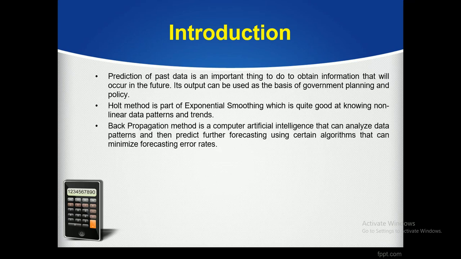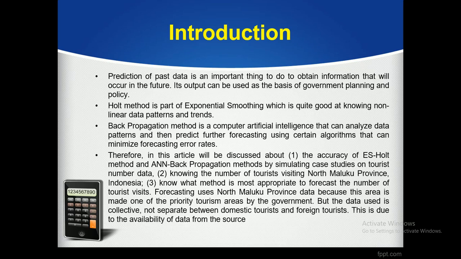Next, backpropagation method is a computer artificial intelligence that can analyze data pattern and then predict further forecasting using certain algorithm that can minimize forecasting error rate. And the last, therefore, this article will discuss the accuracy of Holt method and backpropagation method by simulating a case study on tourist number data in North Maluku province, Indonesia, and then know what method is most appropriate to forecast the number of